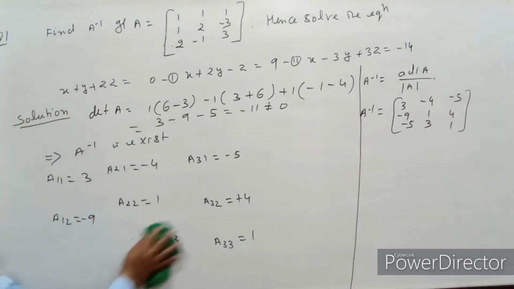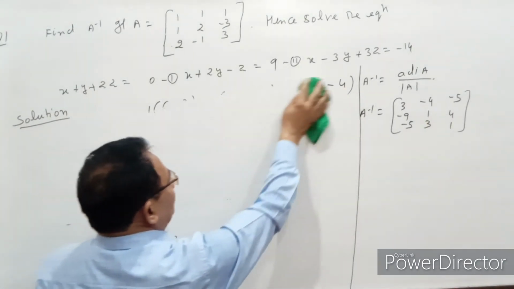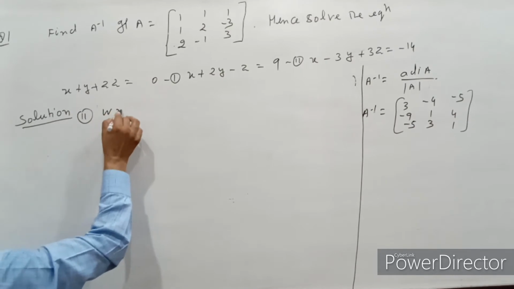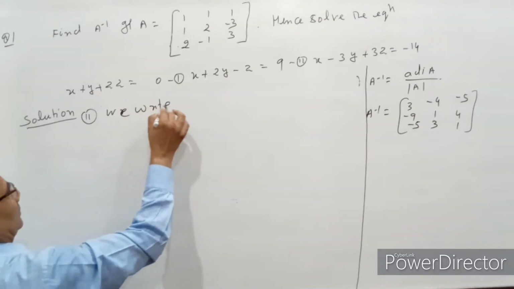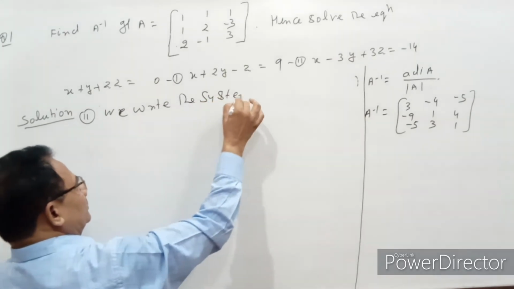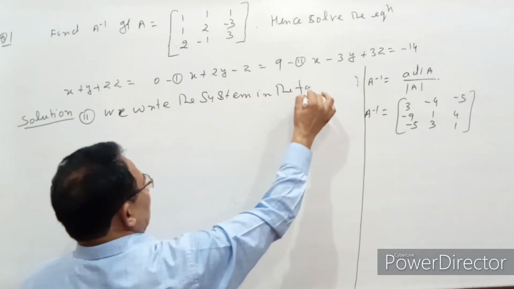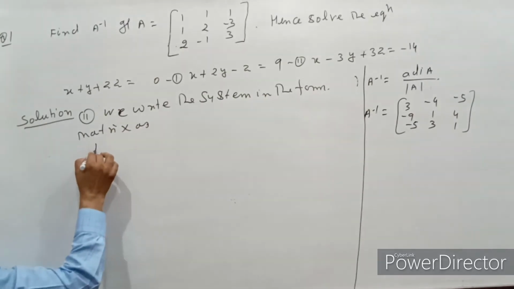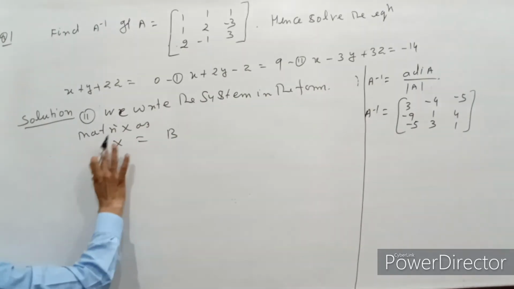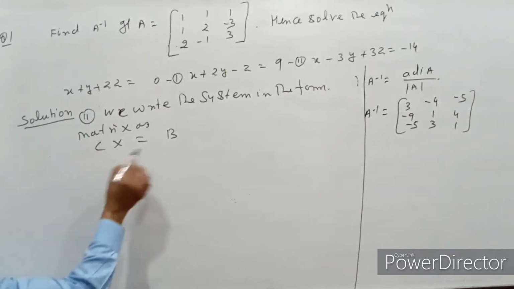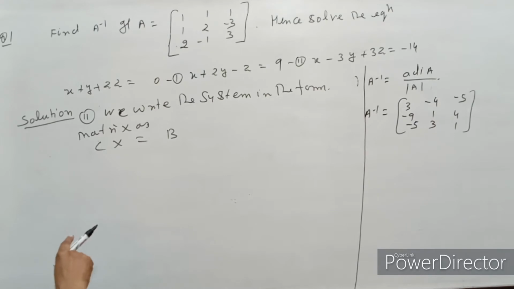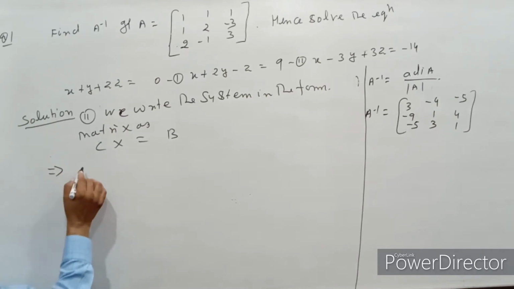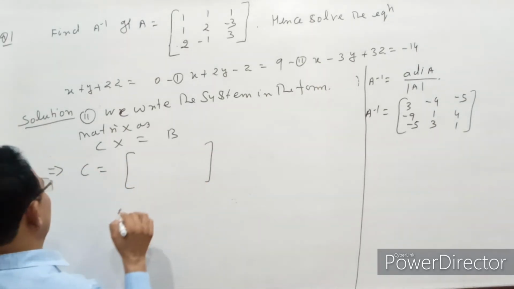So we write the system in matrix form. We write the second part, we write the system in the form of a matrix as Ax is equal to B. Here we see A is what we have, then matrix C X, and matrix C X is equal to B. So this implies that here C is equal to, if we see, matrix C is equal to